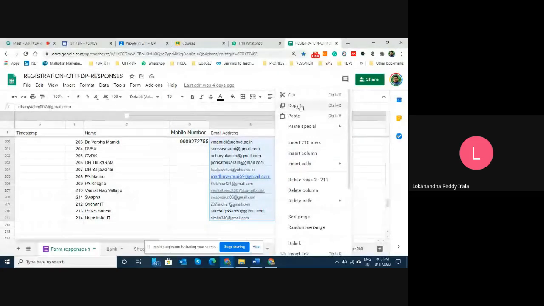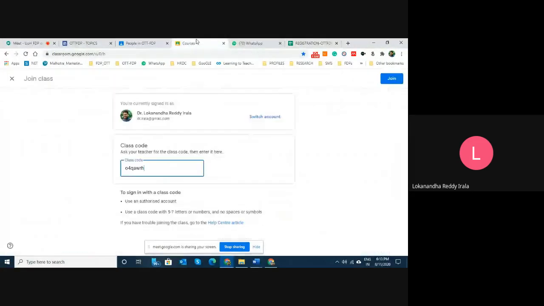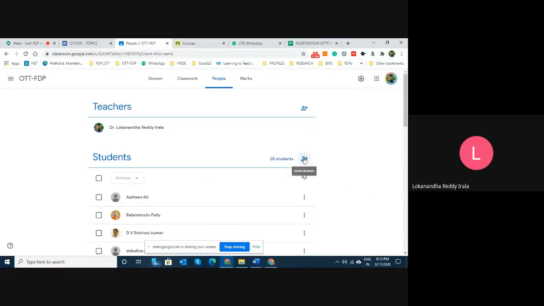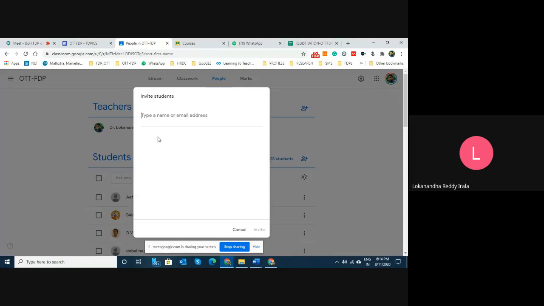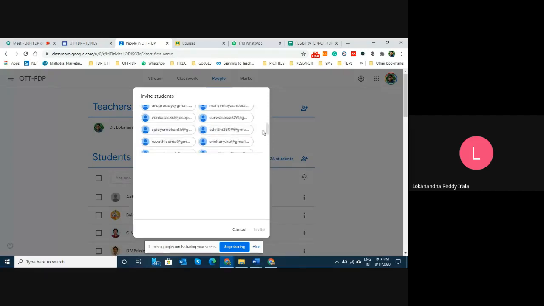Copy. Simply go here. Press on this, invite students. Simply click paste. Then I am adding one more mail ID of mine so that I also play the role of both a student as well as the teacher. So what happened?